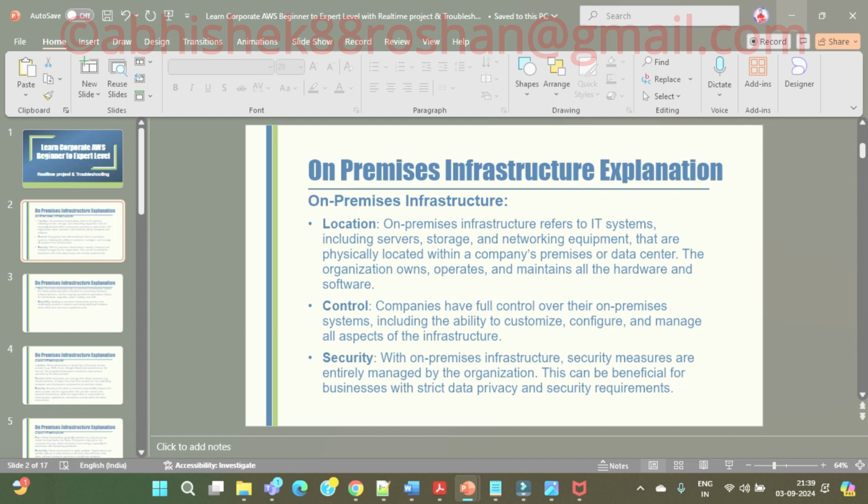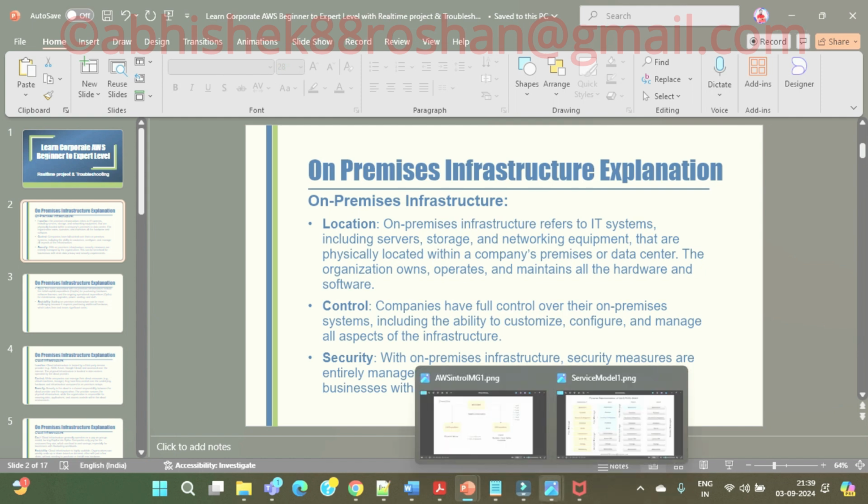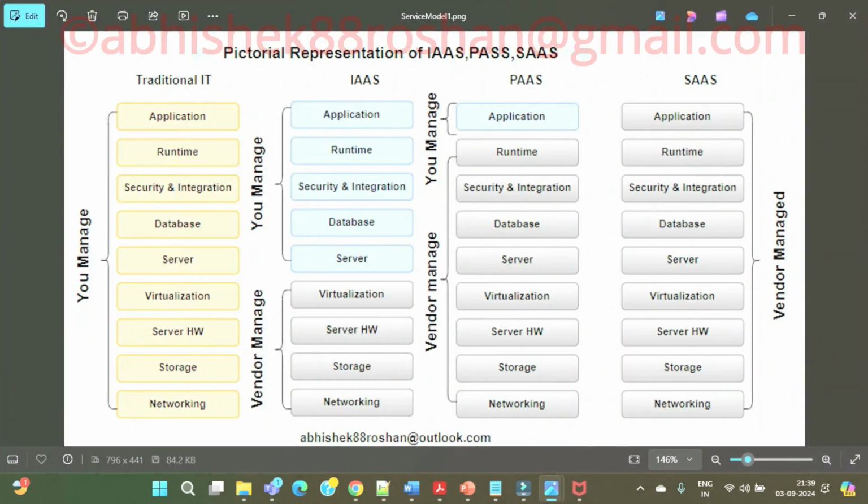Instead of that, you are going to take a service, right? What is that service? Ola, and that is a pay and use service. That is what is happening nowadays. So how much is your requirement? According to that only, you pay and use that service, guys. In cloud also, it's mostly a pay and use service, and that is what these three models are called: infrastructure as a service, platform as a service, and software as a service. And all three of these come under your cloud. Understanding my point? Yes or no?